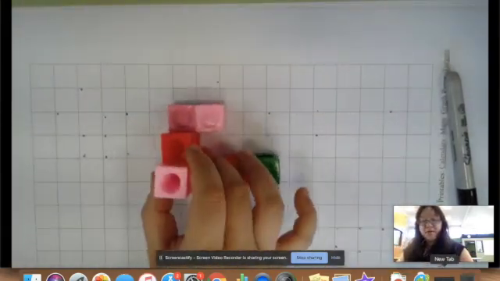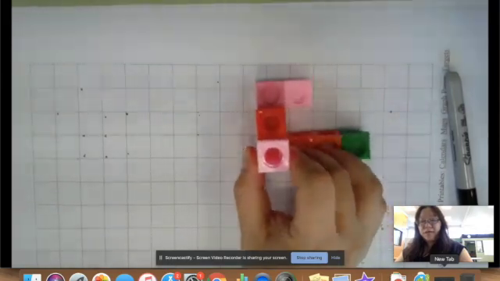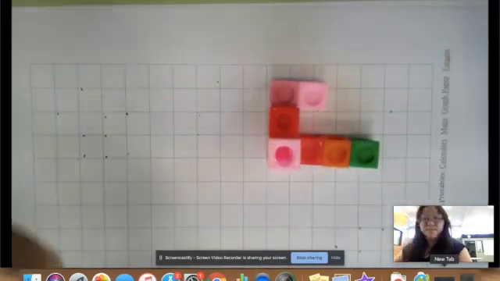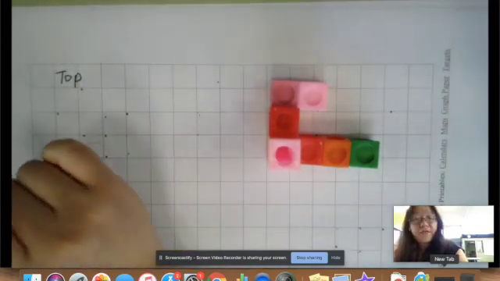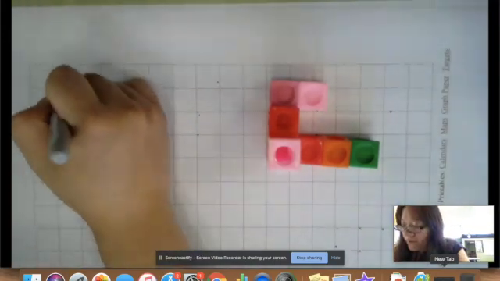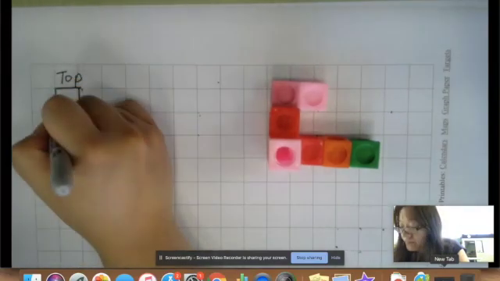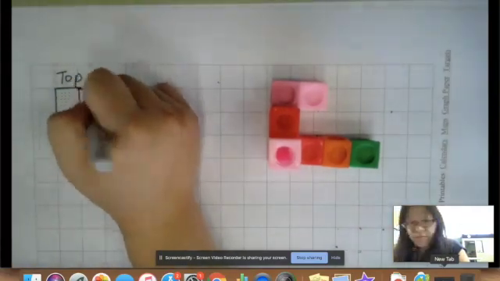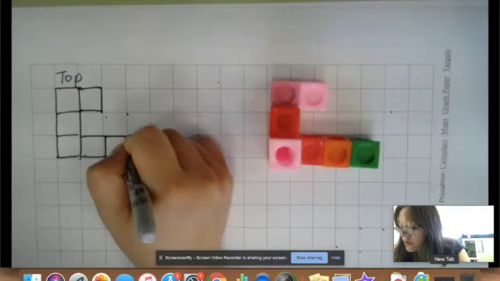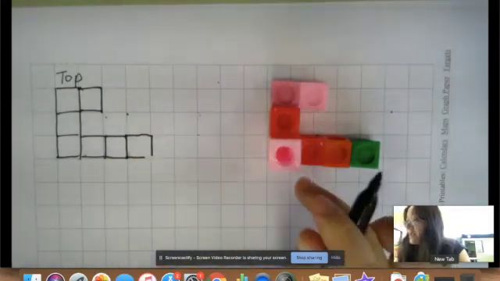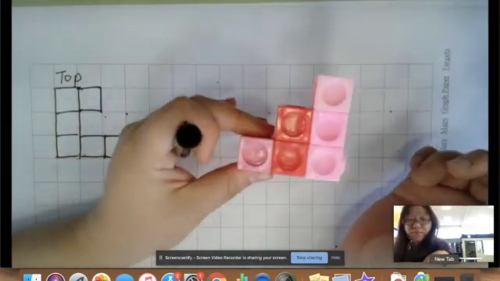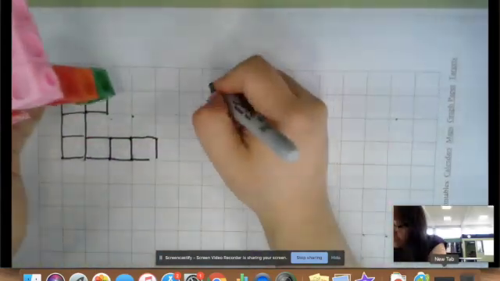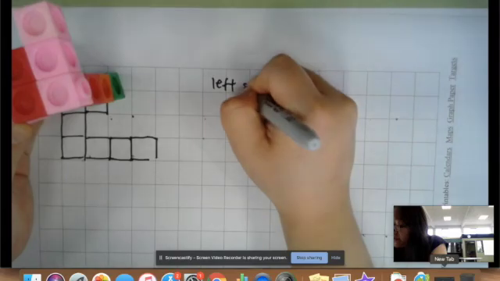So that is going to be the top view, so have a look at it. Top is, I see 3 in a row. 3 along the bottom. So that's the top. We're going to make this the left side. And so that's nice and easy. Left side